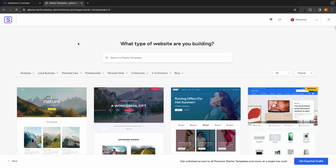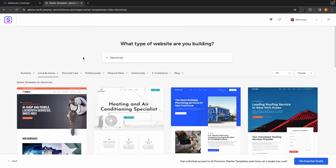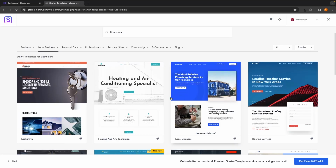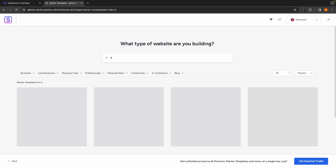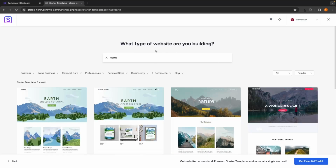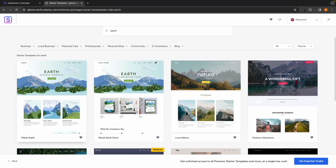Also, you can go along the top and search by the categories right here. So we can go into electrician, and it's going to bring up all of these electrician websites. Now, for me personally, I'm just going to go with a nice little template right here that isn't really based around anything. It's just a nice neutral template, and I will use this to show you how you can create and customize your website. So once you have the template that you like, just go ahead and click into this,